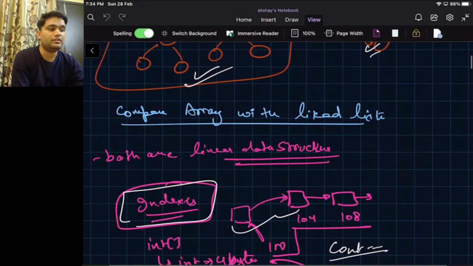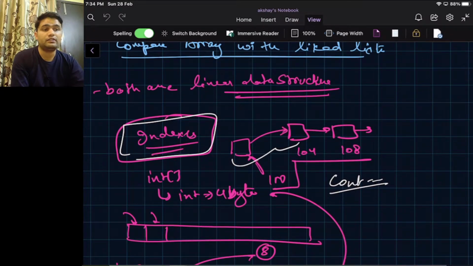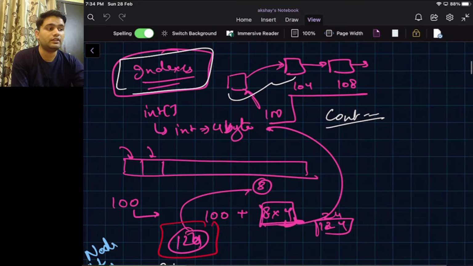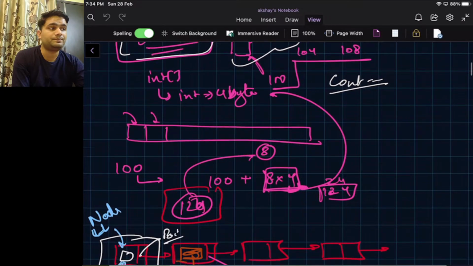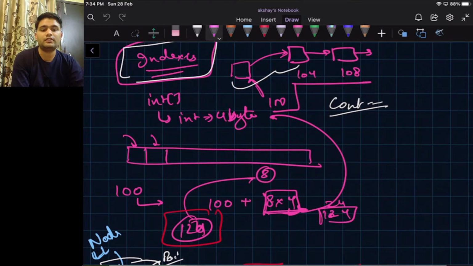Then we discussed how arrays and linked lists are different from each other. Arrays consist of indexes, but linked lists consist of nodes. Each index of an array has a predefined distance gap between them depending on the data type.